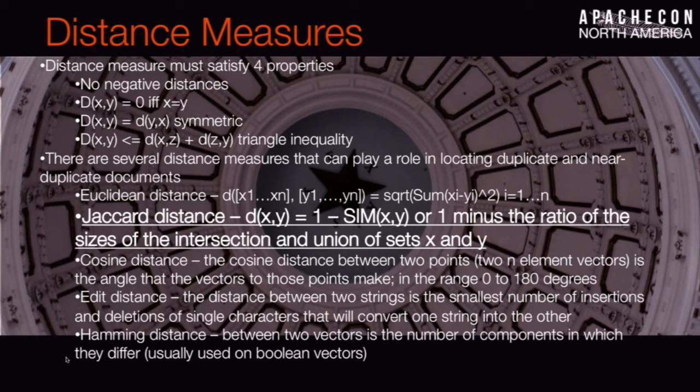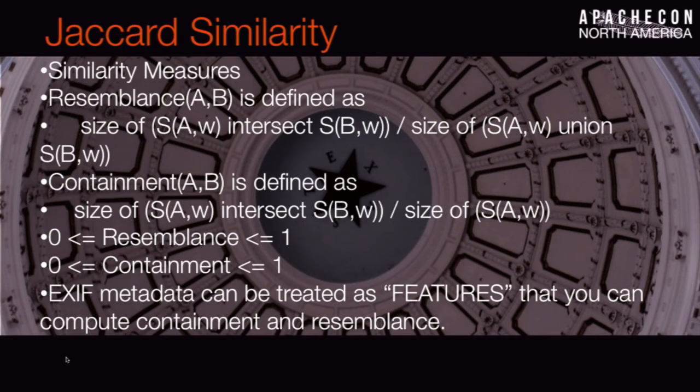And there are lots of algorithms out there that fulfill this. There's the Euclidean distance, Jaccard distance, cosine distance, edit distance, Hamming distance. I picked the Jaccard distance. It's simple. It's a similarity measure, okay? It computes two things: the resemblance of A and B, defined by their feature set, and the intersection of their features, divided by the overall number of features that they have, or the containment of them. How much of B is present in A, right? That works between two documents. The other one you can do across the whole document set, right?